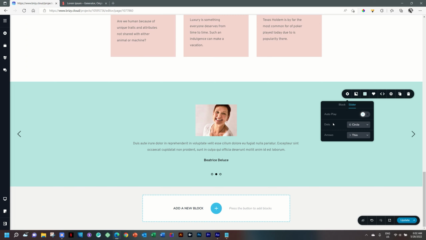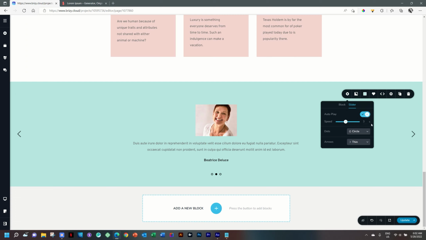Under that, the dots navigation, and you can switch it off. If you don't want dots navigation there, you take it away. You can also have diamonds and you can have squares, but usually we go for the little dots. And then the arrows on the side, you can also remove that and you have a few others as well. I'll leave in all of that, but we'll activate autoplay and you will see now the speed is the amount